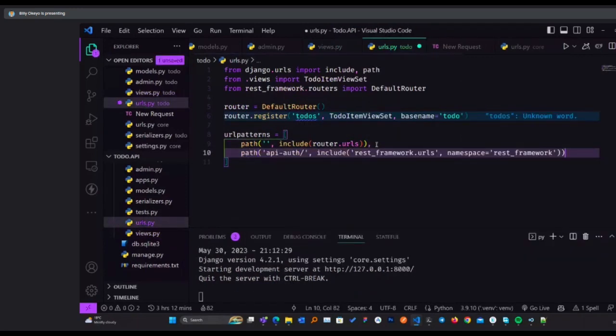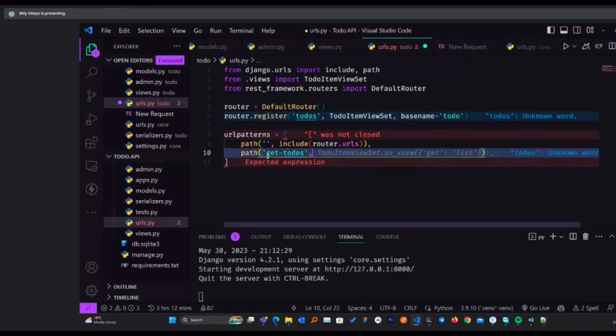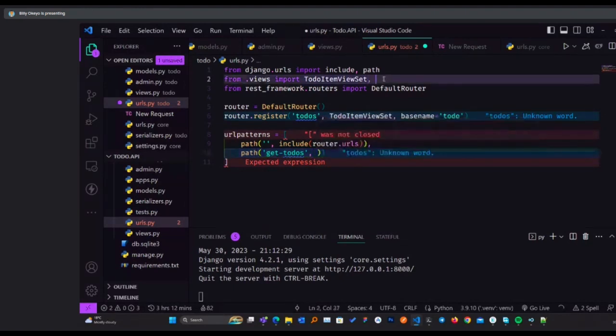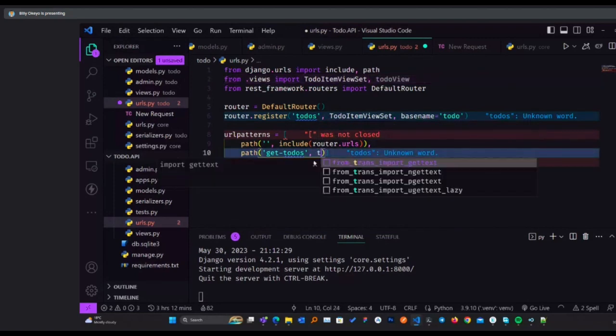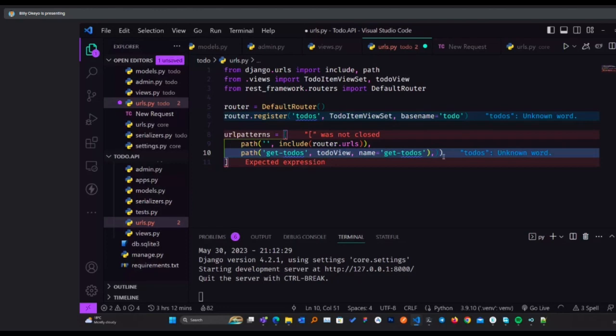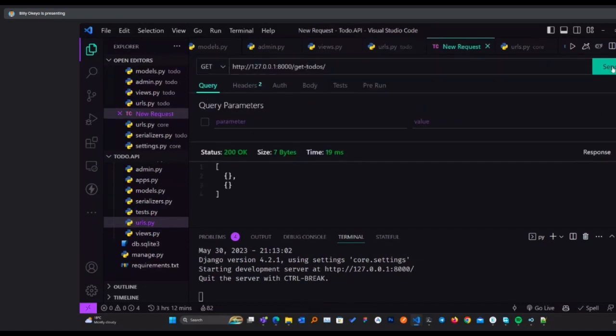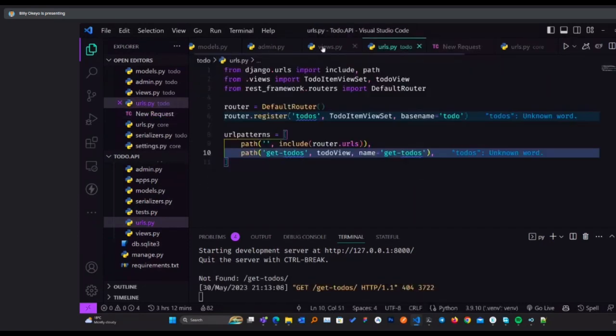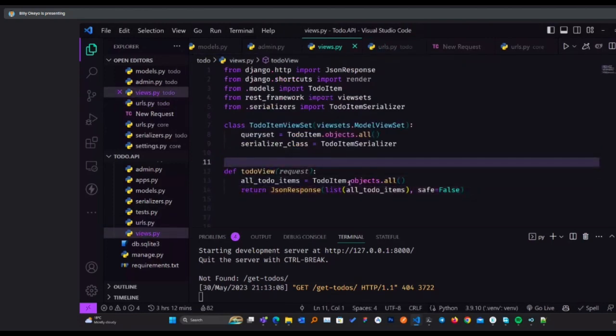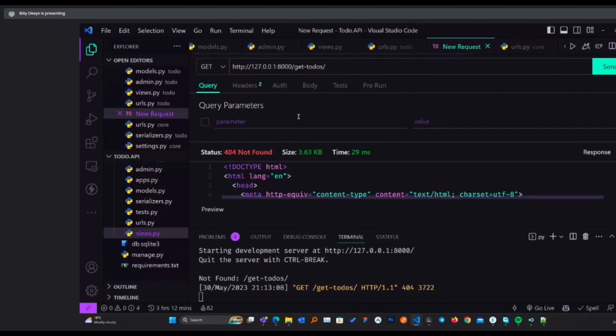So path, then maybe I'll say get_todos. For that, put view.get_todos. Try that.